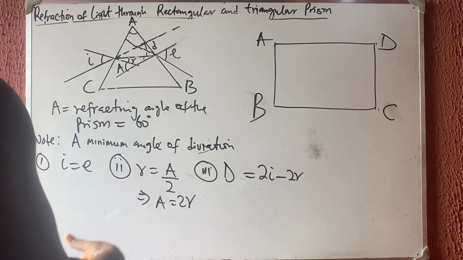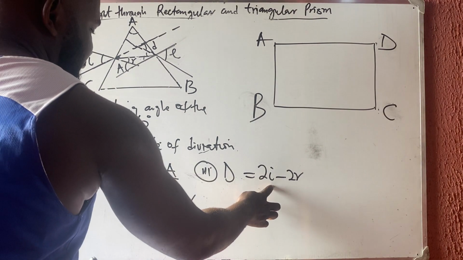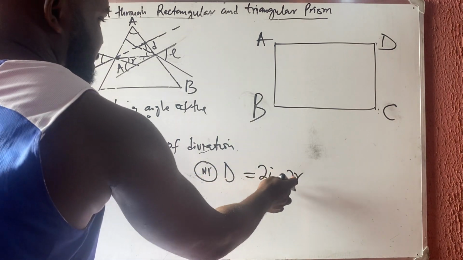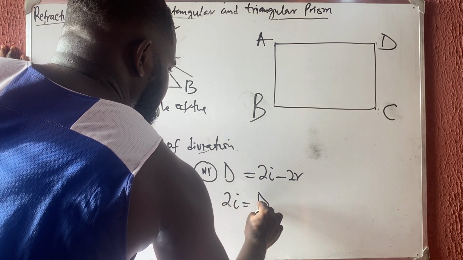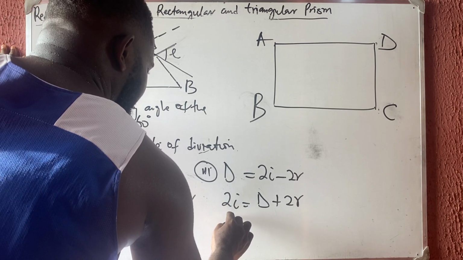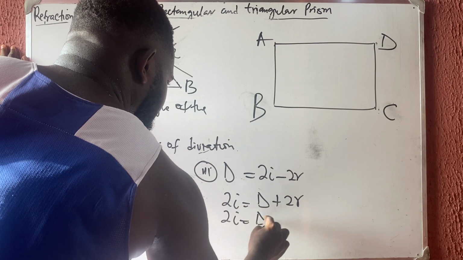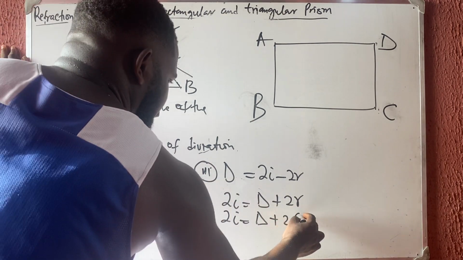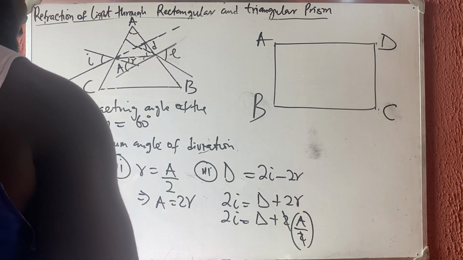If it's given by 2i minus 2r, then let us now get what our I is. We already know what our r is. From here I can get my I. For me to get my I, 2i is equal to D plus 2r. So therefore 2i is equal to D plus 2 into my r, and my r is A over 2. If this cancels this,